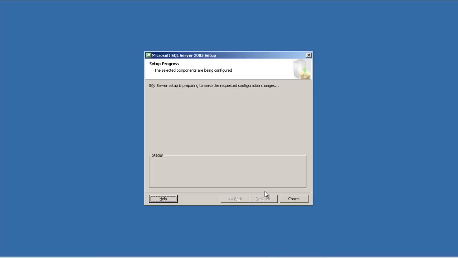So if your hardware matches the requirement, SQL Server would not give you any problem, unless there is a problem with the software that you already installed. I have installed SQL Server 2005 many times, and 2008 also many times. 2005 sometimes would give you a problem, but 2008 has never given me a problem, unless the installation goes wrong. Otherwise usually it does not. If you have a newly installed operating system, it usually never gives you a problem.